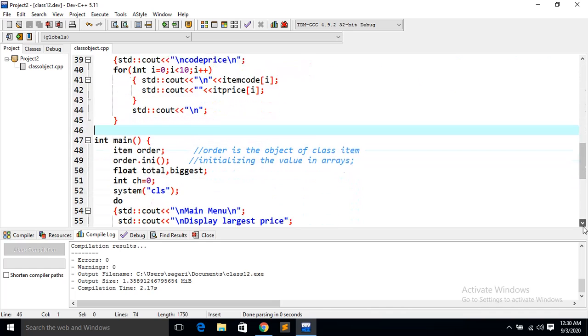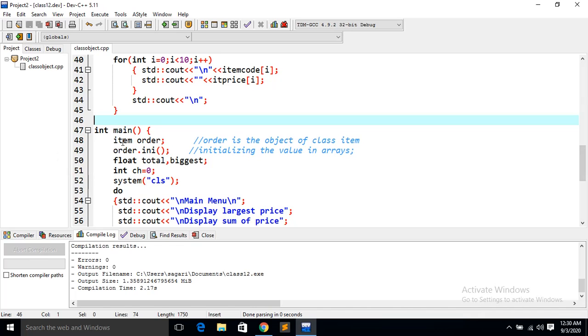We have created one object of class item, that is order. That means whatever variables and functions we declared in the class, we will call them by using the object. So item order, here I have given in the comment section, order is the object of class item.